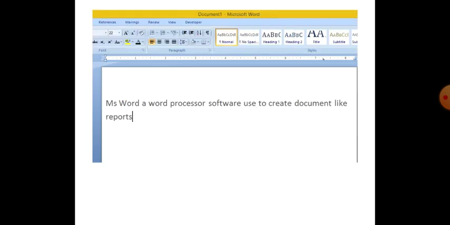See, in this example, after the word 'like', the word 'report' cannot come, right, so it automatically comes to the next line on the left side. Please also see, in this picture a vertical line is also coming after 'report'. That is the cursor or insertion point. Whenever we type, the cursor keeps shifting to the right side.